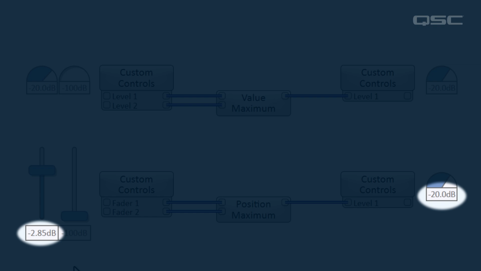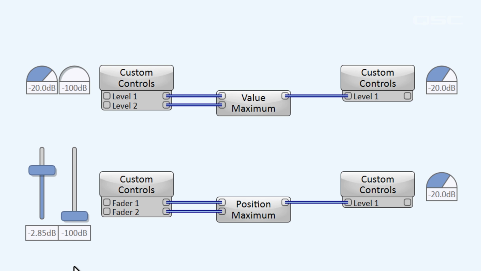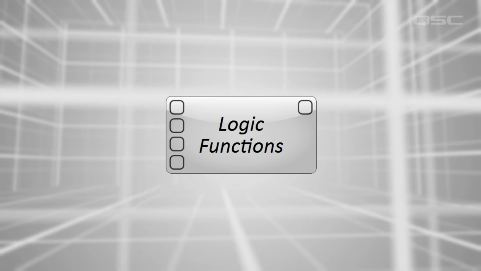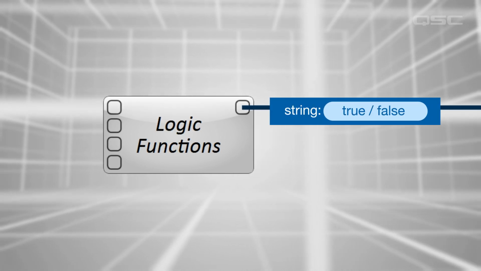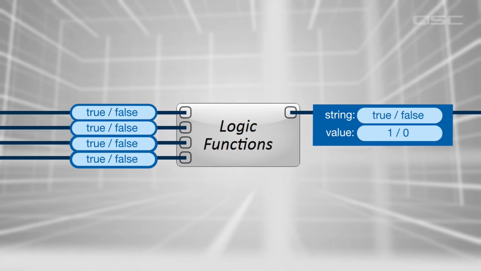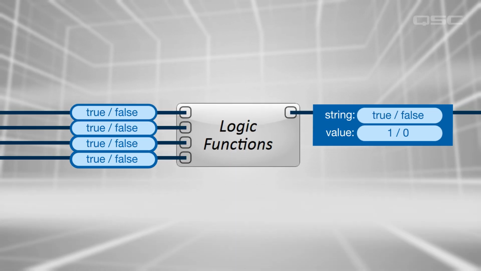So be sure to pay attention to exactly what aspect of the input controls you want to apply to the output controls. Next, let's look at some of the logic functions. The only possible outputs here are a string of true or false, which is the same as a value of 1 or 0. The inputs should also all be true-false, so this is really designed to compare LEDs, toggle buttons,